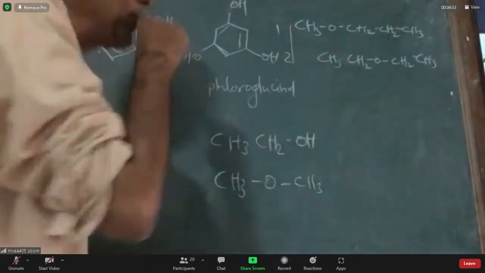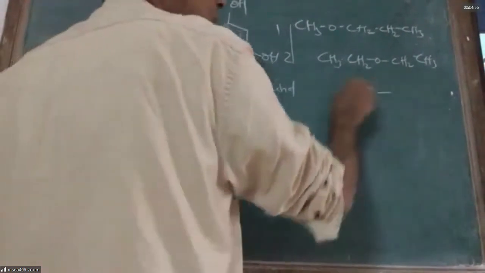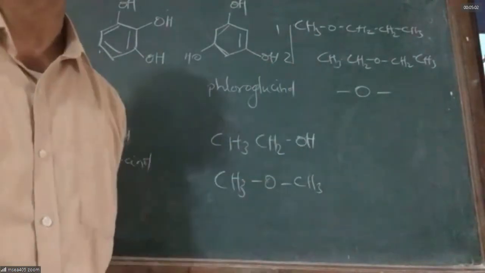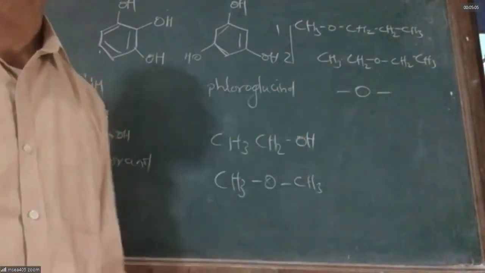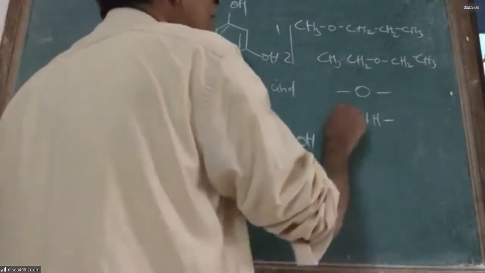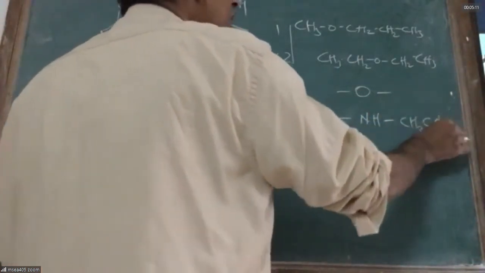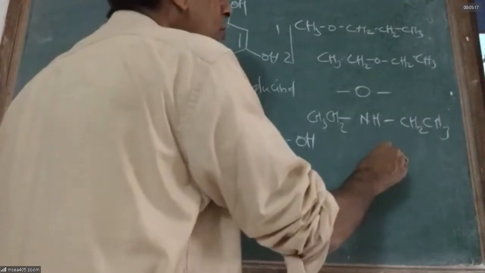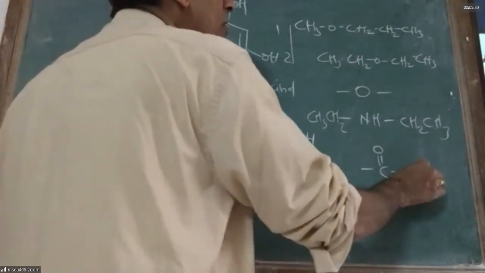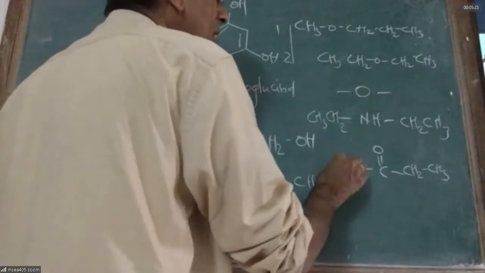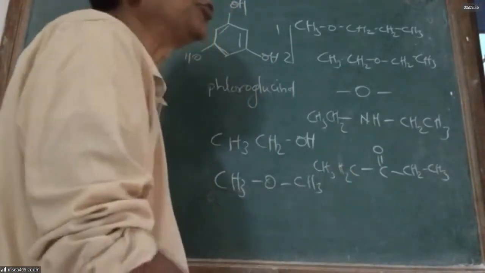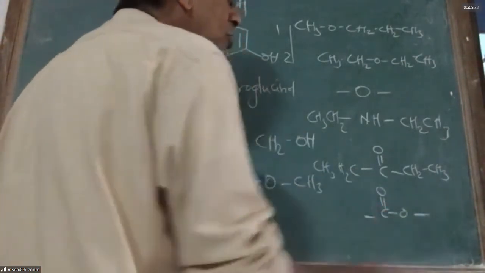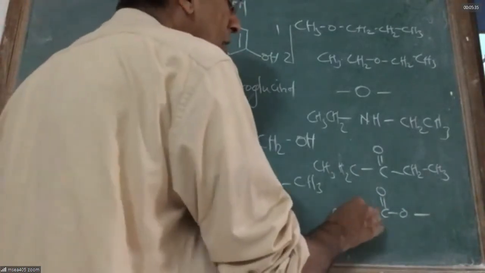Metamerism is shown by compounds which have a bivalent functional group like O. O can be linked to groups on this side and that side. Which compounds have a bivalent functional group? For example, a secondary amine can be linked to a carbon chain on the left and right side, so secondary amines can show metamerism. Ketones have a bivalent functional group, with carbon chains on this side and that side, so ketones can also show metamerism. If you have the C double bond O–O group, it is called an ester. Esters can also show metamerism.